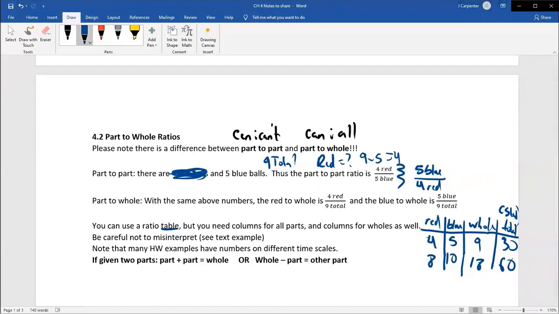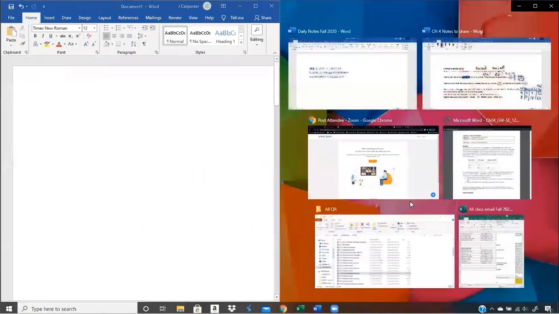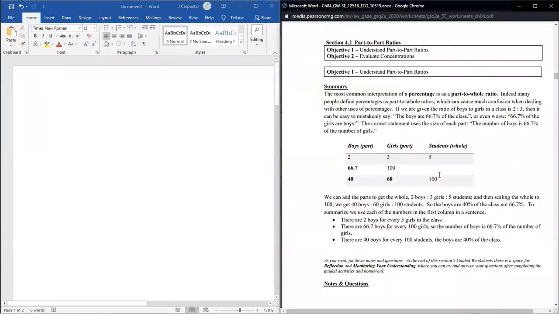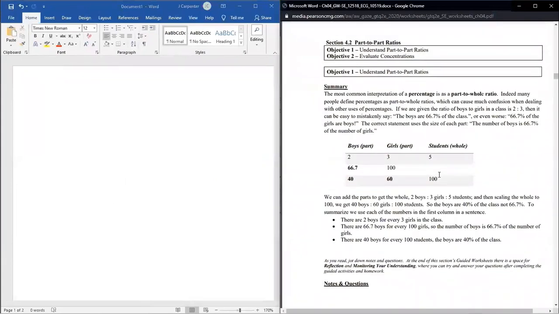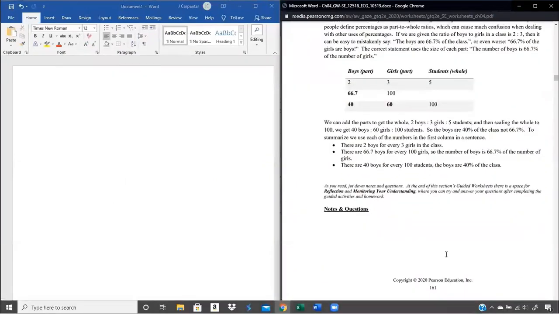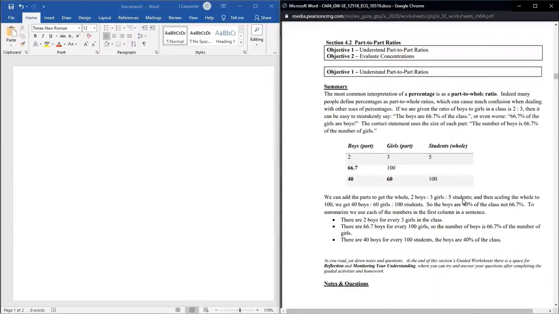All right, so let me minimize this, minimize that. I got my blank one for my work. We'll do that, and we'll do this. Is everything on the screen? Everything looks pretty good. Okay. So again, page 161, page 161, and those of you in the back who can't hear me, page 161. Yes, that's a joke that someone always asks later.